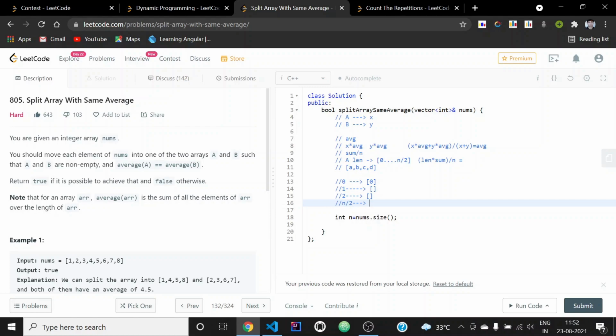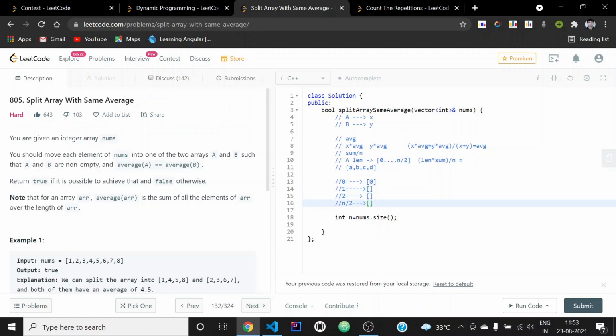So this will be initially empty, and then I will take this element A, and now I will update all these arrays to contain all the possible sums up to this element. The approach will be like, suppose I want to find all the possible sums for the combination of x elements. Then I will take all the possible sums up to x minus 1 elements, and I will add this element to them to get all the possible sums for x elements. So this is what I will be doing. I will be iterating backwards so that I don't use the element twice.